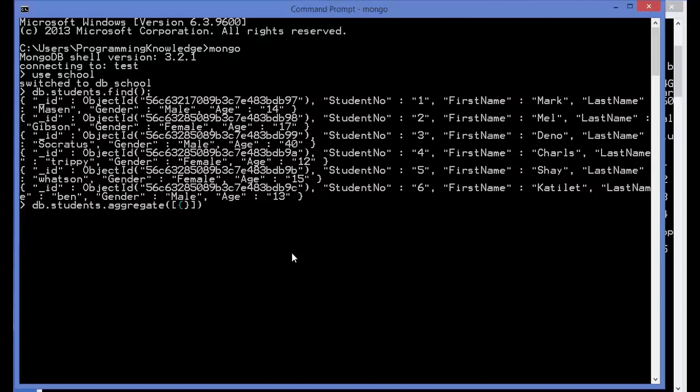For example, we want to group the students on the basis of male and female. So we want to count how many female students we have and how many male students we have. So we can just write $group here, and then give a colon, and once again give curly brackets, and here in these curly brackets we will give the condition on the basis of which we want to group the students. So we want to group on the basis of _id, and what we want to group,